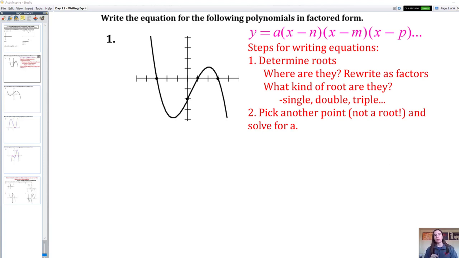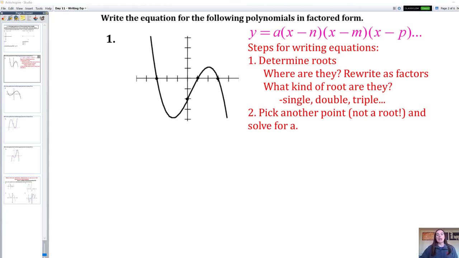Now that we know how to graph polynomials, we're going to start using graphs to write equations. Steps to writing these equations. Figure out the roots. Where are they? What kind of roots are they? And we're going to write those as a factor. Then we're going to pick some other point that we know our graph goes through and figure out what A